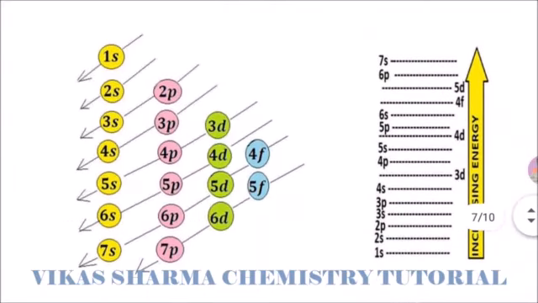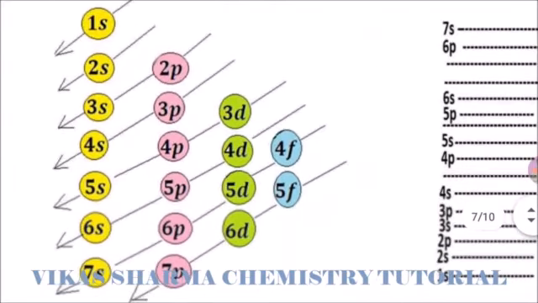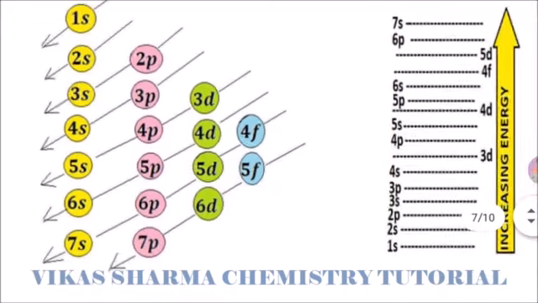The next is a pattern, the spherical shape. First the electrons fill the 1s orbital, then 2s, then 2p, then 3s, then 3p, then 4s, 3d, then 4p, then 5s, then 4d, then 5p, then 6s, then 4f, then 5d, then 6p, then 7s, then 5f, 6d and 7p. So this is a way of learning for you. Easily you can make the spheres.